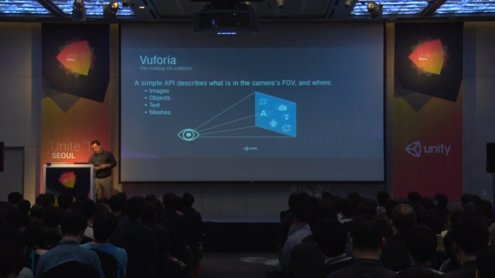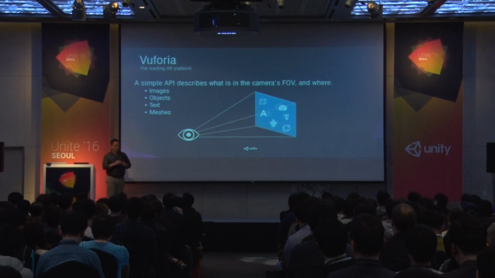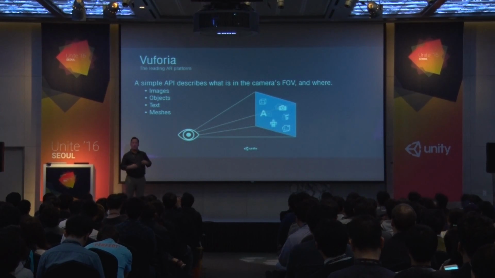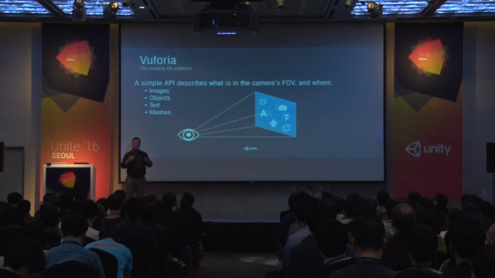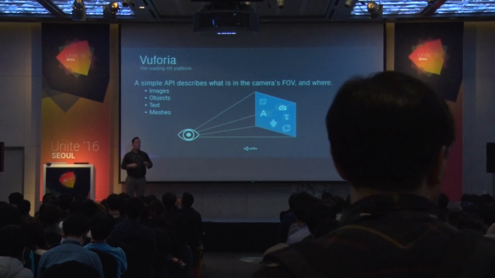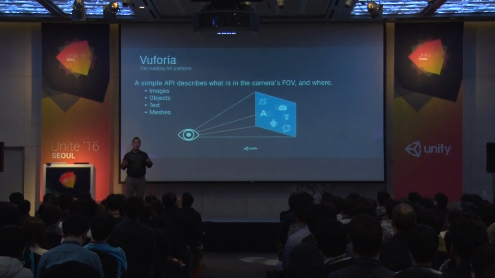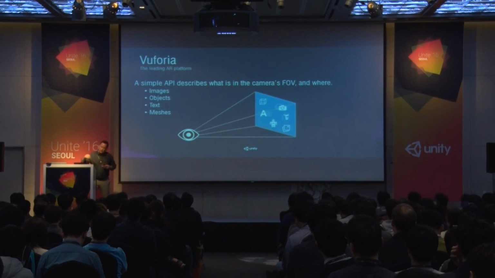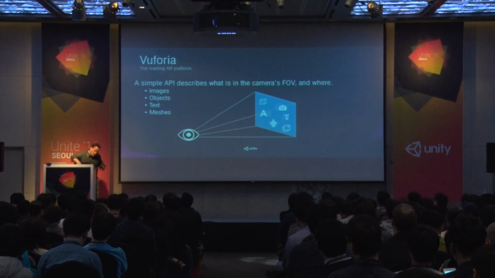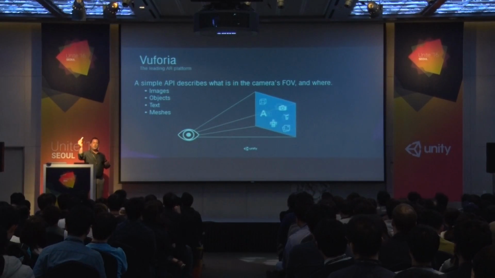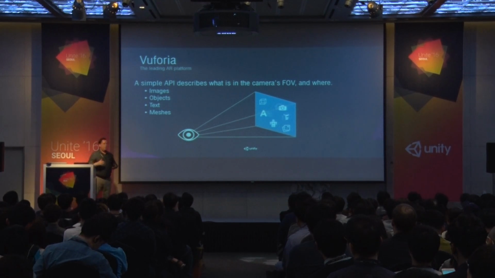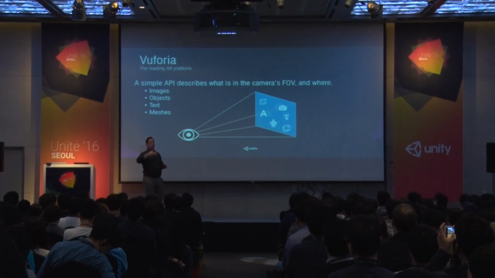Let's see if I have a good example. So something like this, where we can understand the pattern of contrast variation on something. And if it has a consistent geometry, if it doesn't change, if it's not like a pillow, if it's not plush, or it doesn't have a lot of moving members, if it doesn't have articulating members, and it's consistent, we can recognize objects, typically. Here's a better example. Let me show you. Something like that.